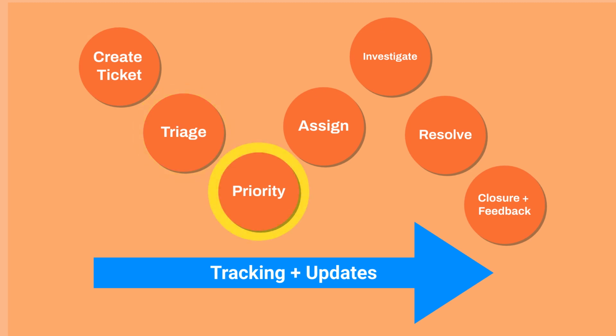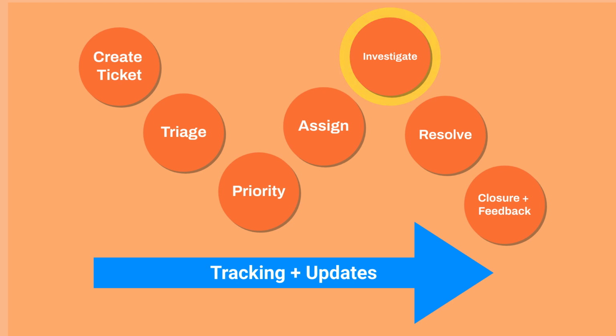Given the critical nature of the application and its impact on productivity, the ticket is categorized as high priority. The ticket is assigned to a senior support specialist with expertise in application troubleshooting. The assignment is made based on the specialist's availability and skill set. The support specialist reviews the ticket details, investigates the root cause of the access issue, and conducts troubleshooting steps to